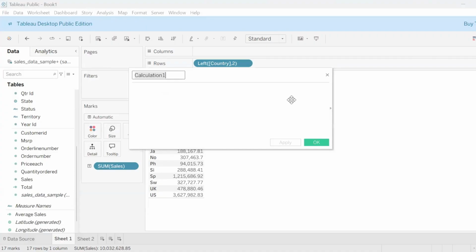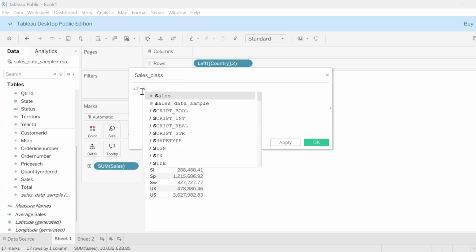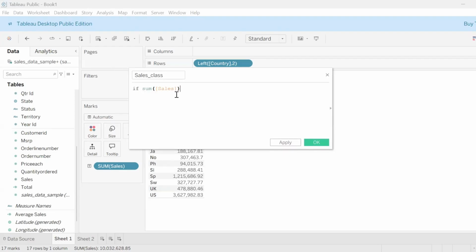This calculated field depends on a criteria. If sales is above 500,000, which means criteria. This is a logical test. In this case, I will use the if function. I named it as sales class and I will use the if function. If function is very similar to that in Excel, but it is written in different way. If, then the condition, and after that, what will happen if this condition is true? If sum of sales, my condition is sum of sales, don't forget the parentheses and the brackets, is more than 500,000,